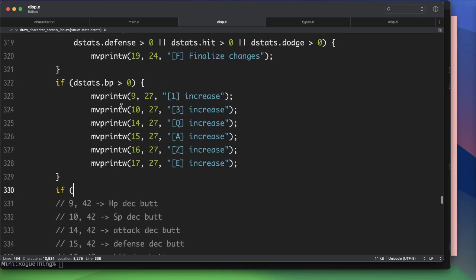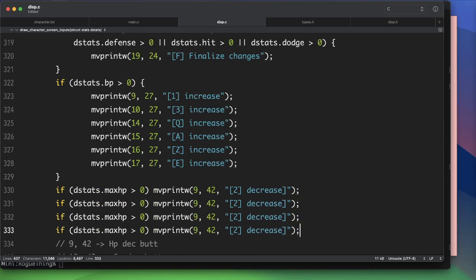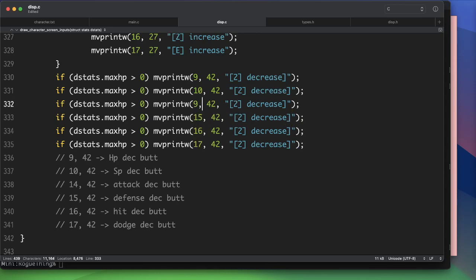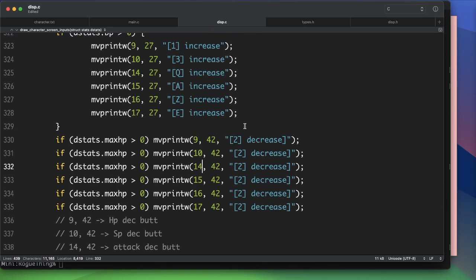For this, I guess, dstats, max HP is greater than 0. Then we're going to move print 942, and it's going to say 2 decrease. And then I need to do 1 for each of these. And 17, 16, 15, 14,